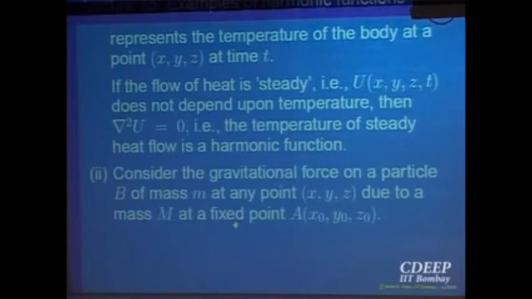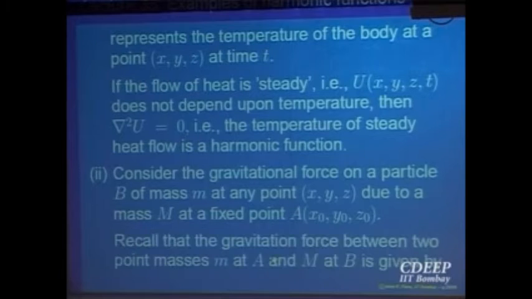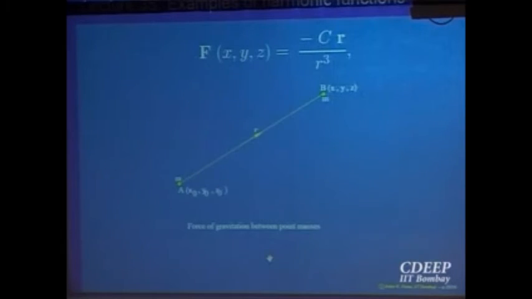Okay, another one, the gravitational force field that we have already seen, right? Because it is radial, it is conservative also. We have seen it is a conservative vector field, right? So that also is harmonic. So the potential function for F, if F is the gravitational force field of attraction, we have seen it is conservative, so we will get a potential function f. That function f is such that capital F is equal to gradient of small f.